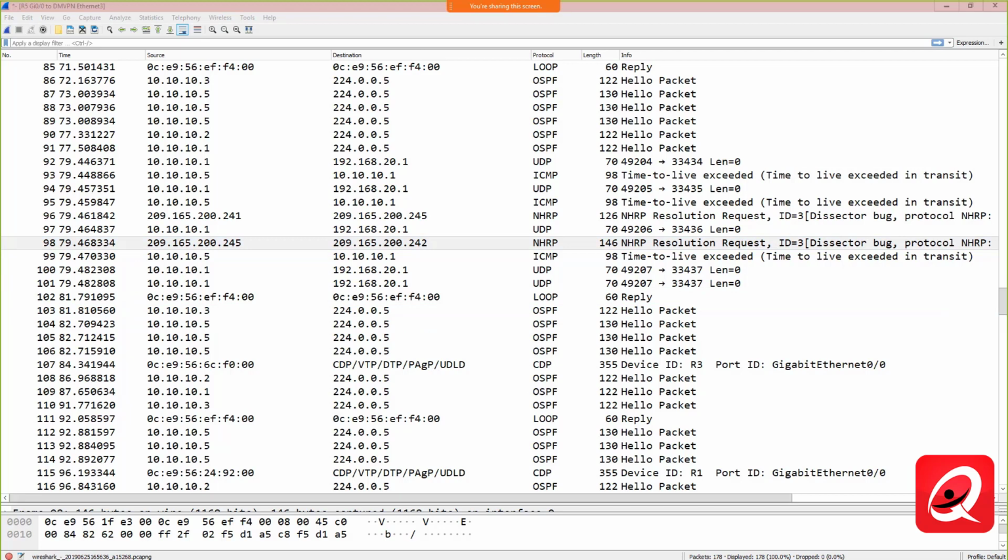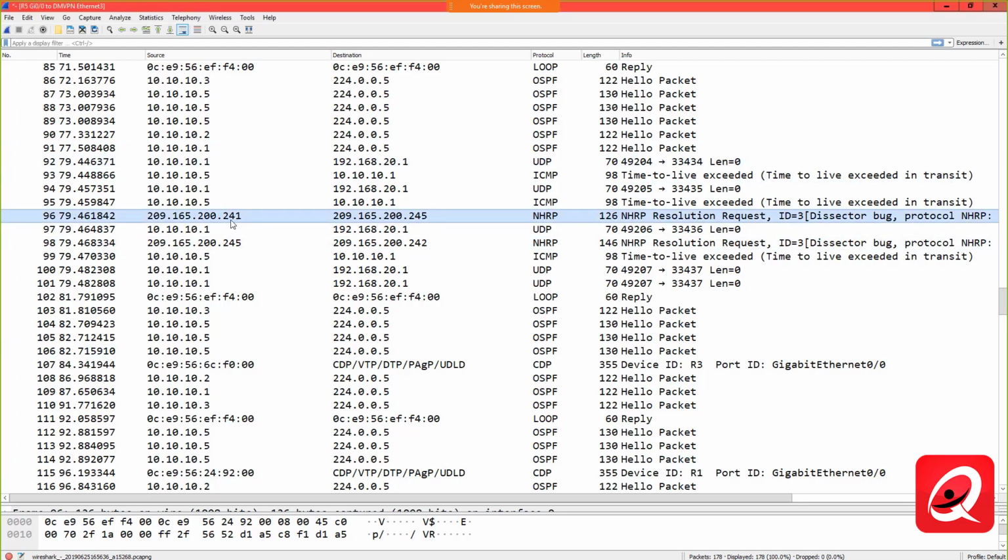I mean, we can definitely see the resolution taking place, right? And actually, this is the response. Notice the underlay IP addresses here. We're going from 241 to 245, and the response is 245 to 242. So what's happening is